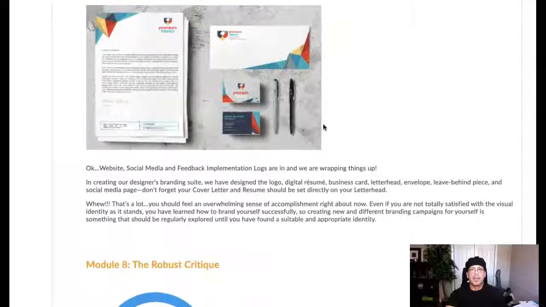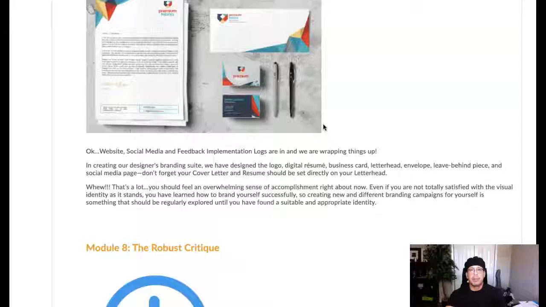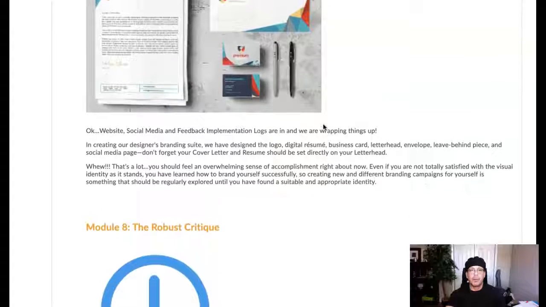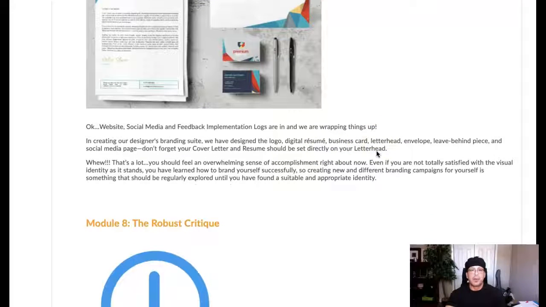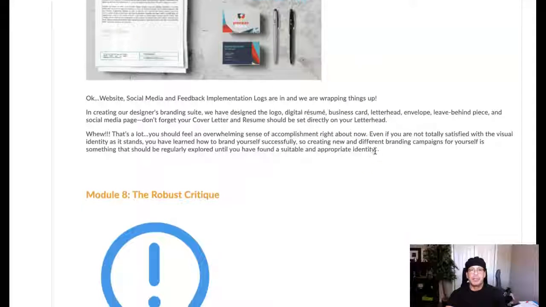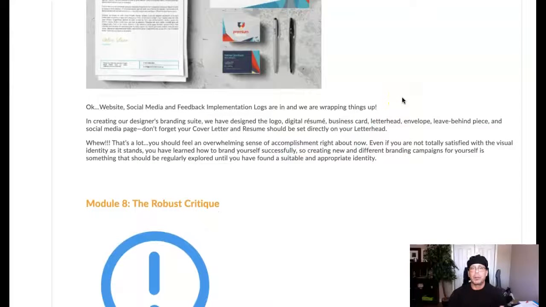So let's just go through the hit list, shall we? Basically, just going to walk through week 8. So website, social media, and feedback implementation logs are in, right? So at this point, I think that we should take a look at our inventory. So we've got a logo, our digital resume, our business card, our letterhead, envelope, leave behind piece, and social media